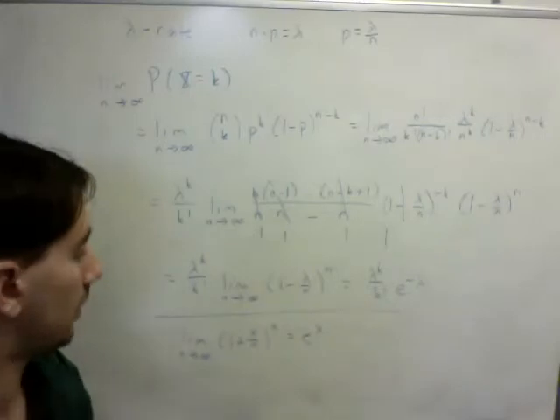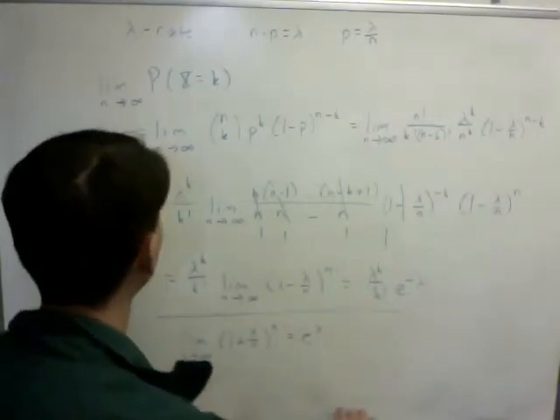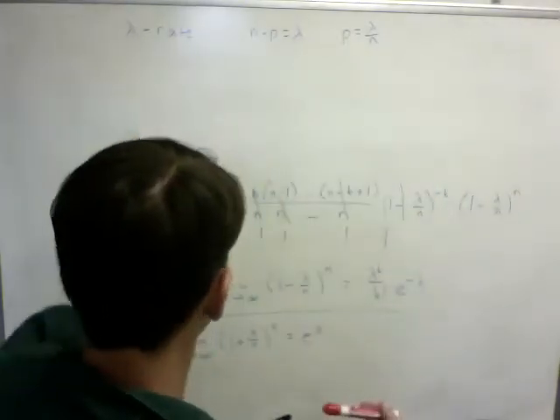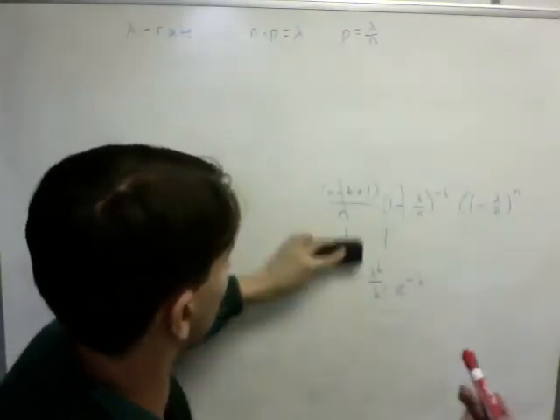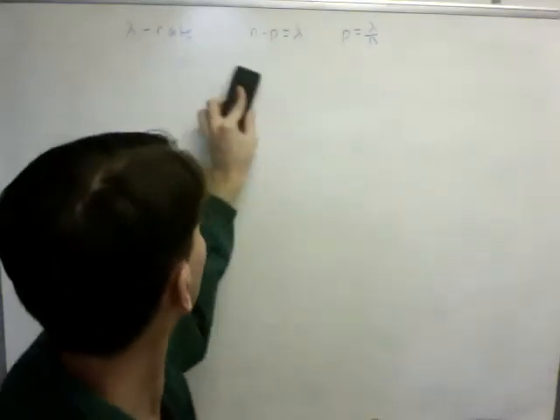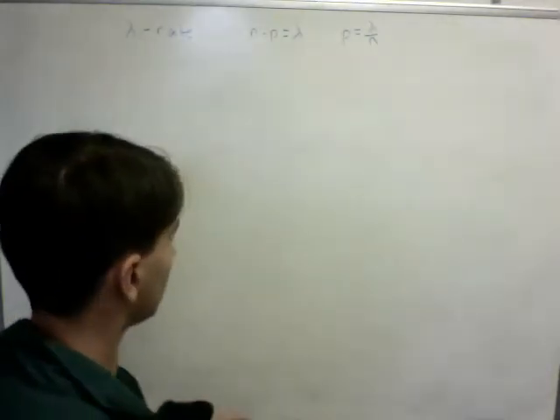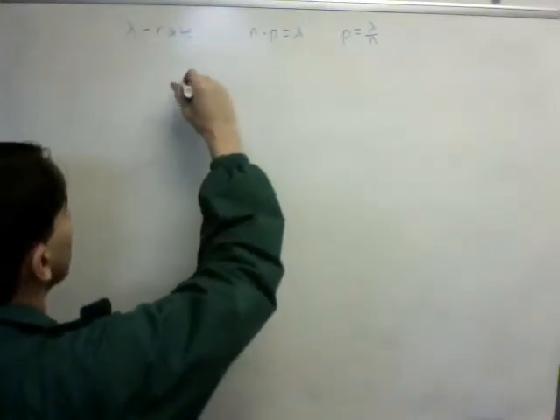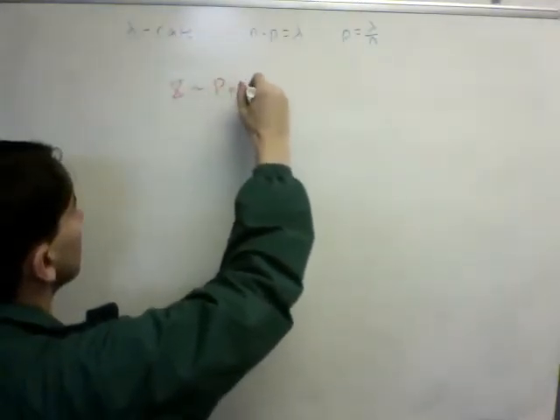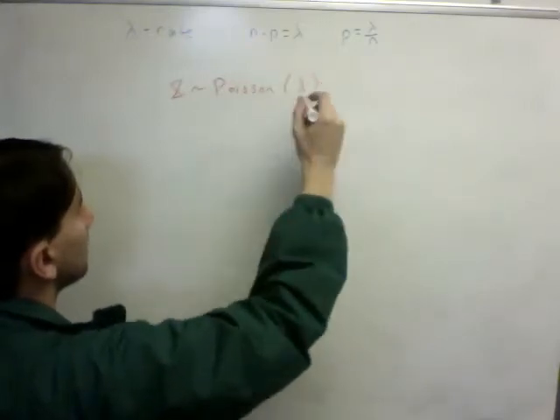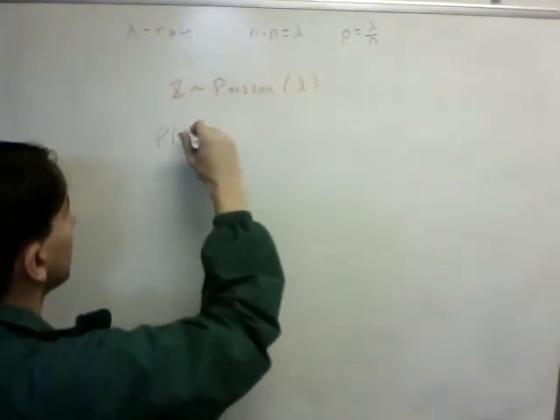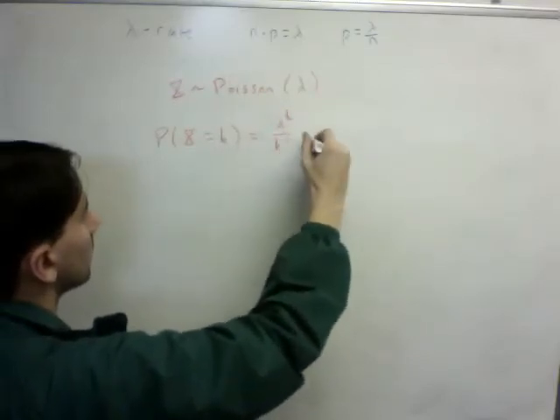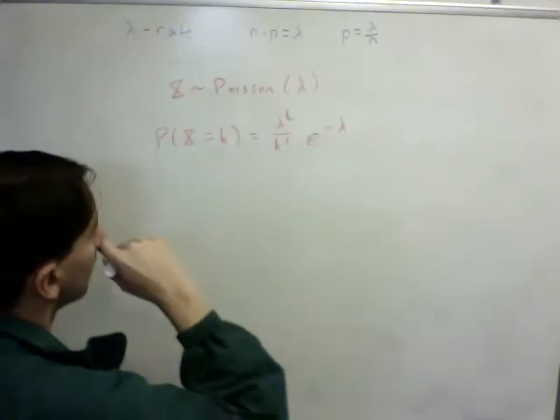And this is called a Poisson random variable. So the probability that X equals k, if we take this accuracy out to infinity, if we make that idea with the phone calls that I had just a few minutes ago as accurate as possible by chopping up the intervals forever, we end up with X is Poisson with parameter lambda, and the probability that X equals k is lambda to the k over k factorial e to the minus lambda, where